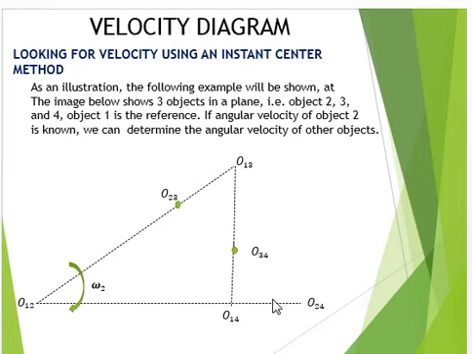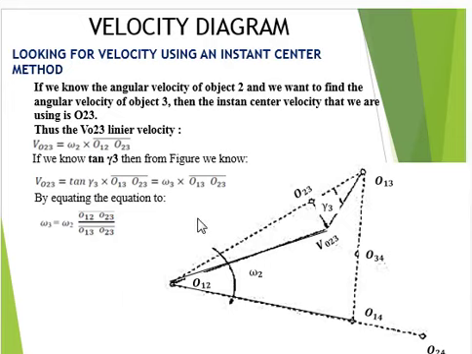If the angular velocity of object 2 is known, we can determine the angular velocity of the other objects, for example omega 4 and omega 3. If we know the angular velocity of object 2 and want to find the angular velocity of object 3,